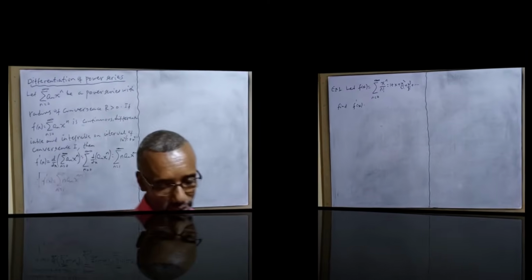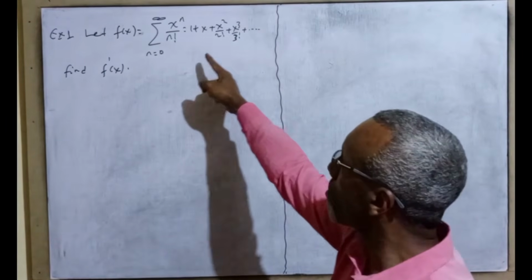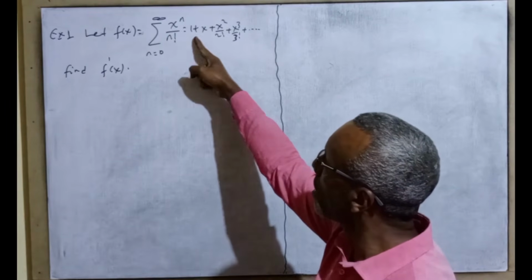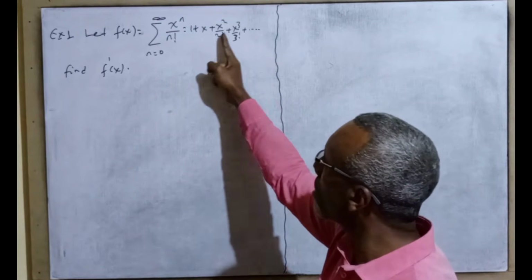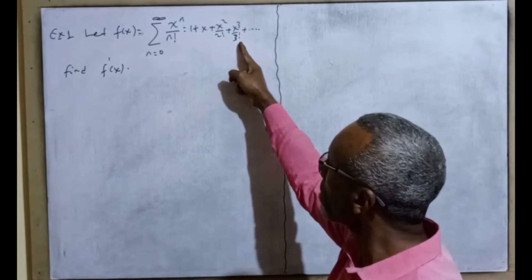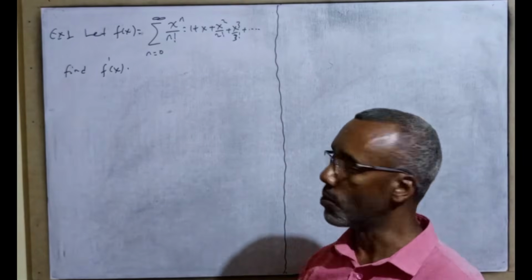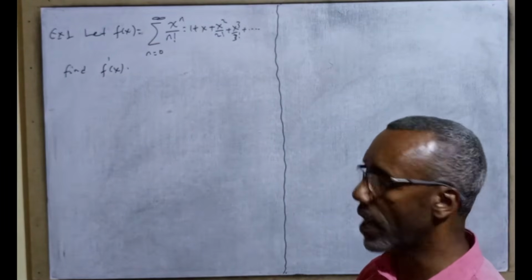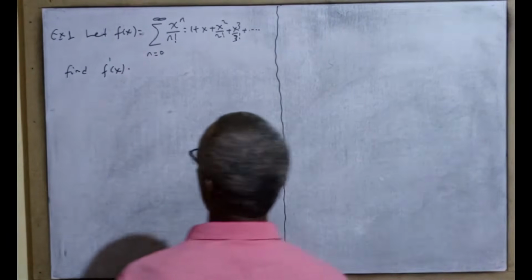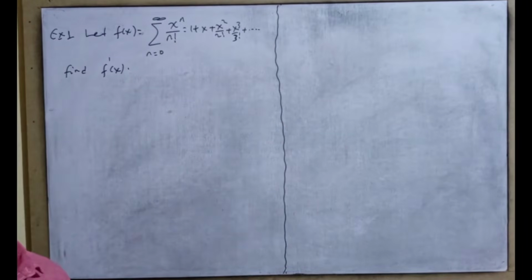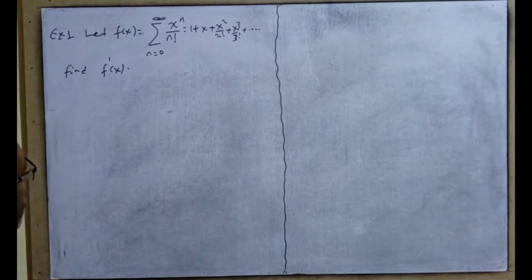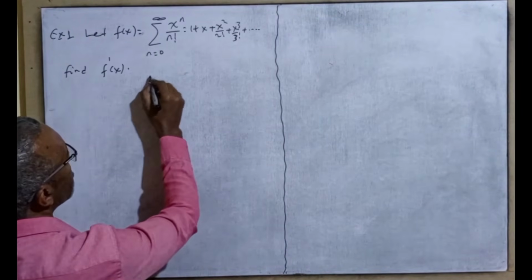ስለዚህ እስኪ በኤግዛምፕል እንመልከት። ለምሳሌ let f of x is equal to the sum of x raised to n over n factorial which is equal to 1 n 0 ሲሆን and n 1 ሲሆን x n 2 ሲሆን x square divided by 2 factorial plus n ሶስት ሲሆን x raised to 3 divided by 3 factorial plus plus እያለ ይሄዳል ማለት ነው። ስለዚህ find f derivative of x, the first derivative of f of x ማለት ነው። ስለዚህ ይሄንን ለፈለግ መጀመሪያ radius of ወይ ደግሞ interval of convergence መፈለግ እንችላለን። is it power series diverge or converge? diverge ያደርጋል ወይስ ደግሞ converge ያደርጋል የሚለውን ማየት ትችላላችሁ ማለት ነው።